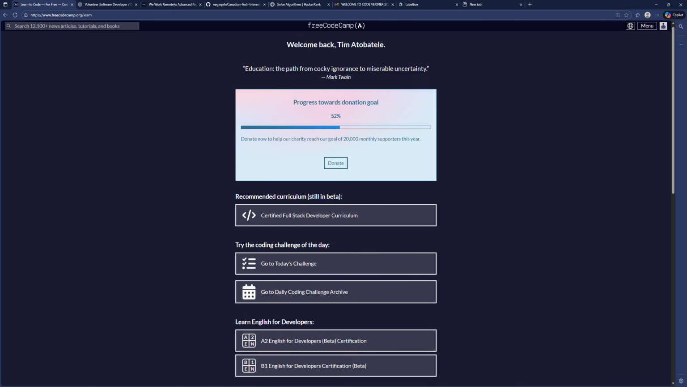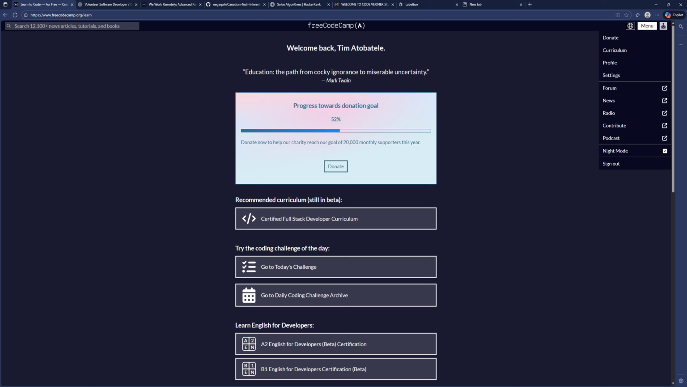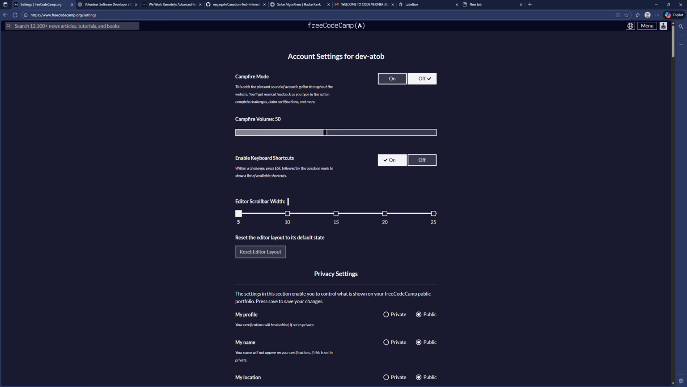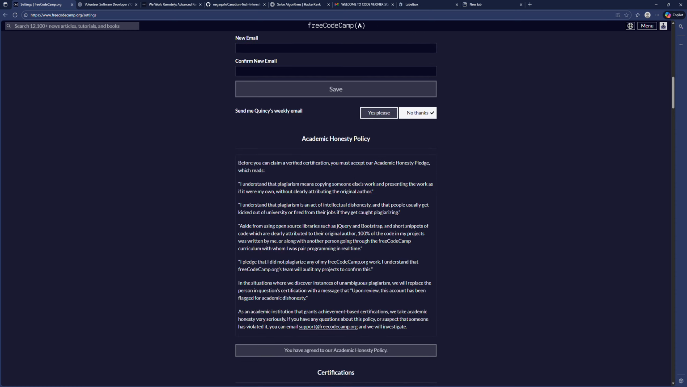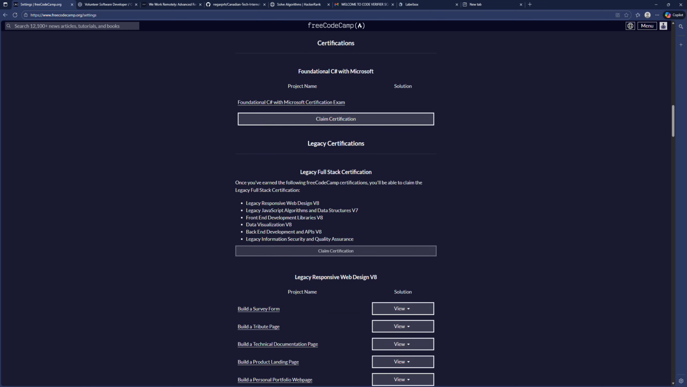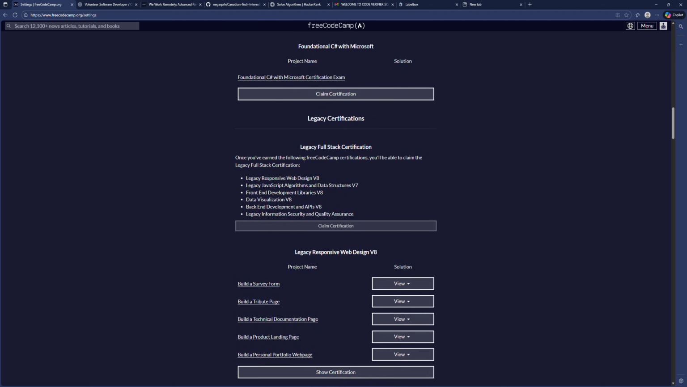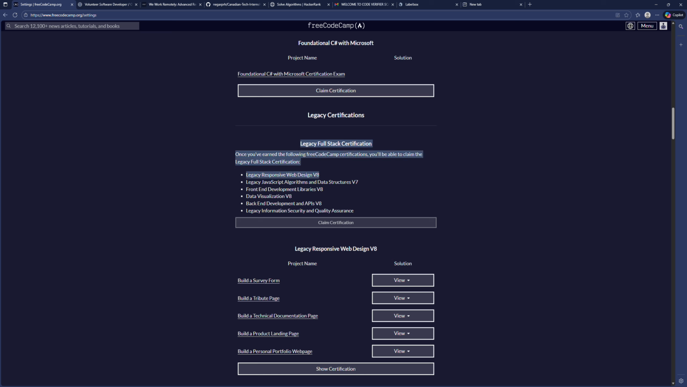But what you can actually do here is if you go to your settings, right, and we scroll down, you can actually see your certifications, right? And the main certification for FreeCodeCamp is actually this one right here, the full stack certification. Basically this is just a conglomerate of these smaller certifications, right? So you have your legacy, your responsive web design, then JavaScript, then front end, back end,